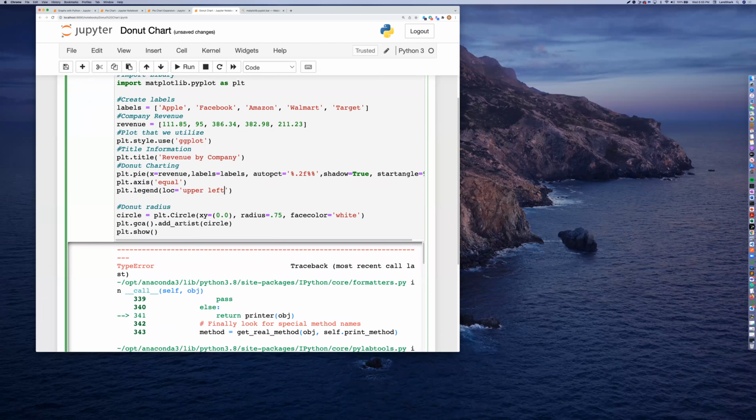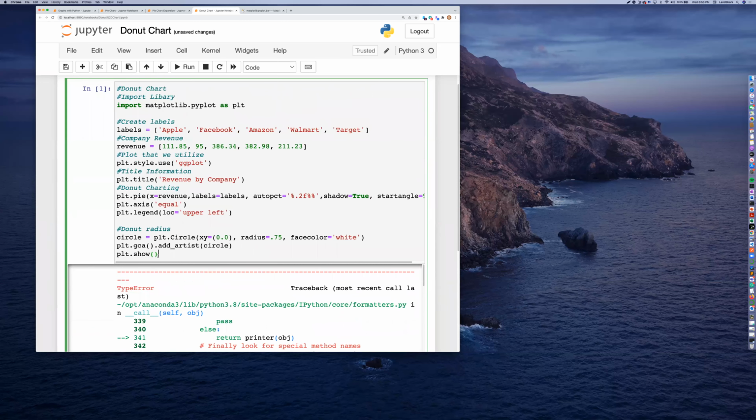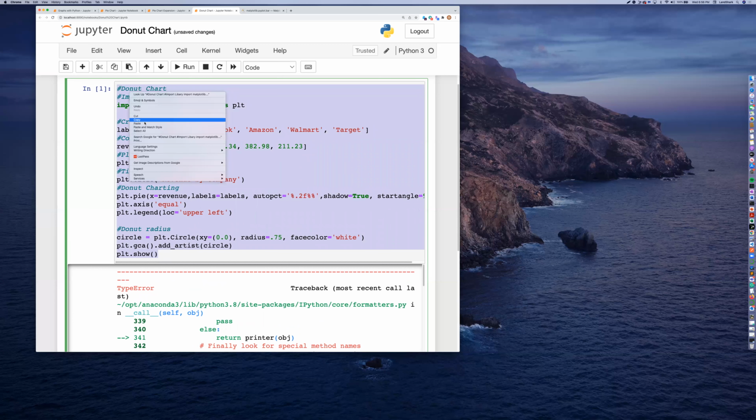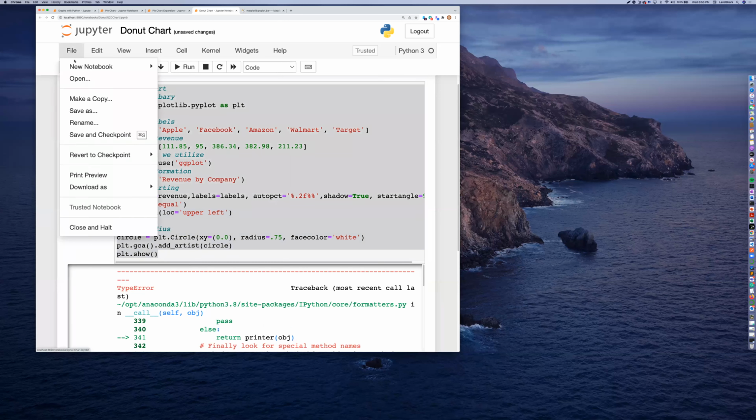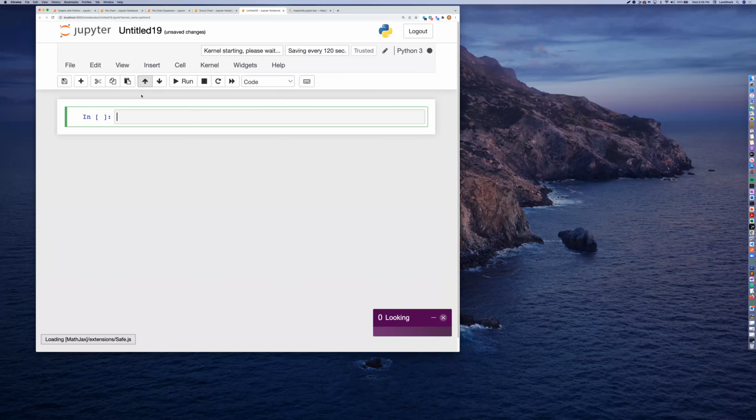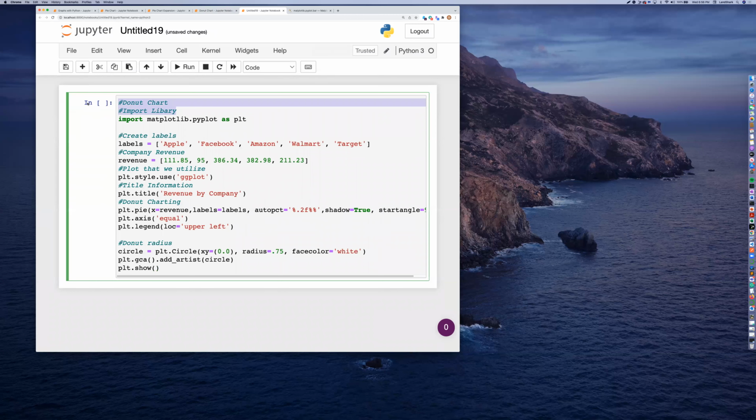Circle equals plt.Circle, XY equals 0.0. That looks good. Comma radius 7.5, or 0.75, I mean, comma facecolor equals white. That looks fine. gca().add_artist(circle). plt.show. That all looks good. Let's copy this in case I want to do a change here. I'm just curious about something. I went to a new notebook. This looks really good. I'm going to take this out. I don't see that being a problem, but